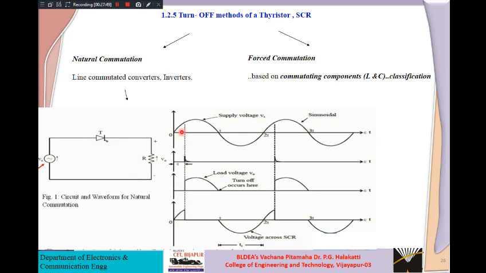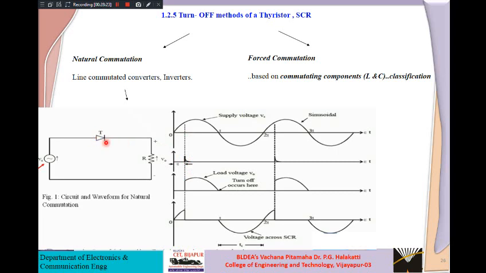All the input voltage, this triangle-type section, appears across the SCR instead of the load. This last waveform indicates the SCR voltage waveform. Your SCR is off during this instant because we have not yet applied any gate signal, and it is acting like an open circuit. Whatever input voltage, plus or minus, you apply appears across the open circuited SCR. Once you apply the gate signal during the positive peak, it will be triggered and